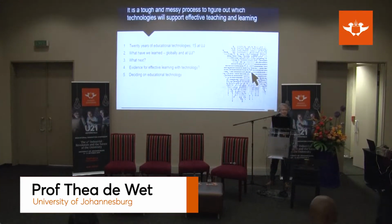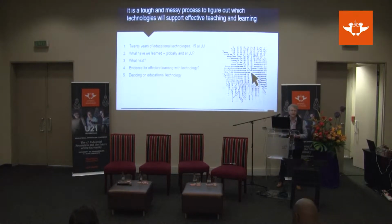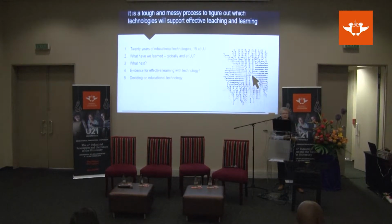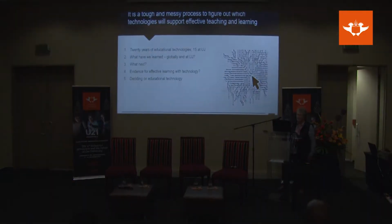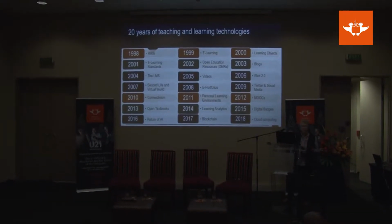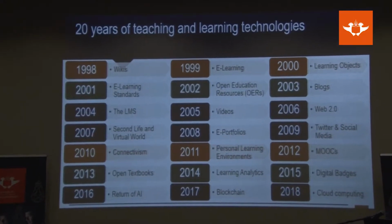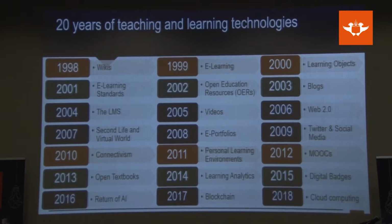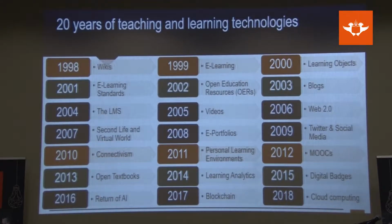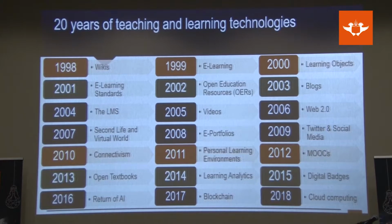Okay, it's a messy and tough process to figure out which technologies will support effective teaching and learning, and that we have found out over the last 15 years, as you will see in my presentation. There was a really interesting article recently in EduCourse that summarized the highlights of the last 20 years, and we can probably debate what they've highlighted. You may not agree with all of it. But I think the main point that they've made in that article that you all will agree with is that